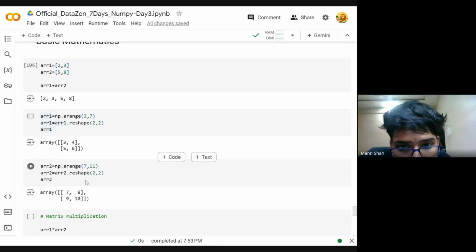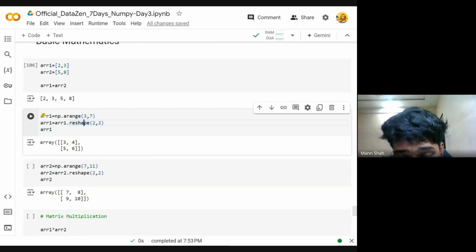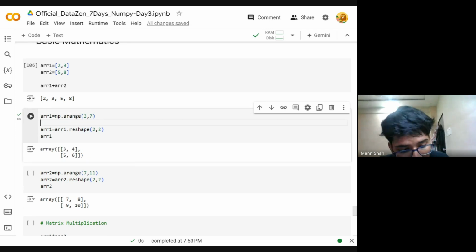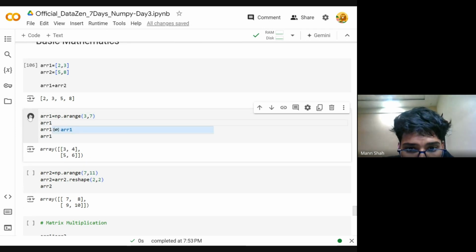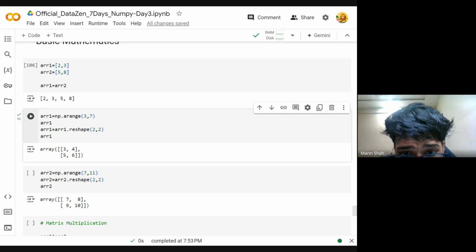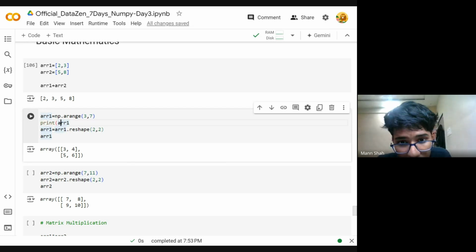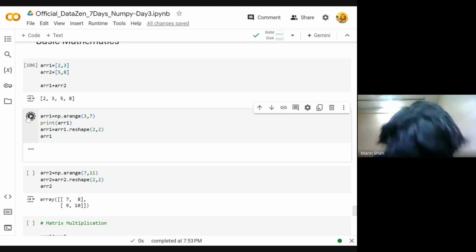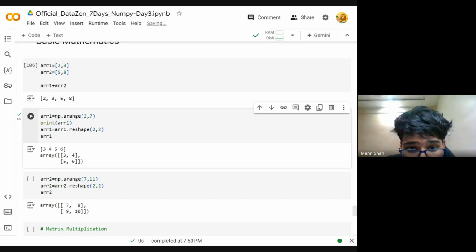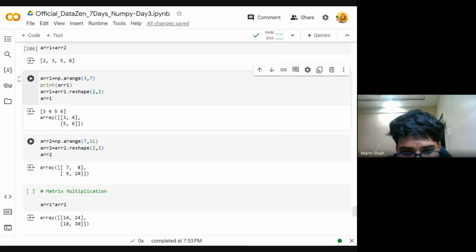नाउ विल सी, ये रीशेप वाला फंक्शन तो मैंने आपको समझा दिया है। ठीक है? वापस रन कर देता हूँ मैं ARR.1। तो यू कैन सी दैट फर्स्ट केस में 4 एलिमेंट है 3, 4, 5, 6 और फिर हमने उसे रीशेप कर दिया है 3, 4 और 5, 6 में। तो इन दोनों का टोटल एलिमेंट्स और जो ओरिजिनल एरे है उन दोनों का टोटल एलिमेंट्स सेम है। सेम फॉर दिस टू।